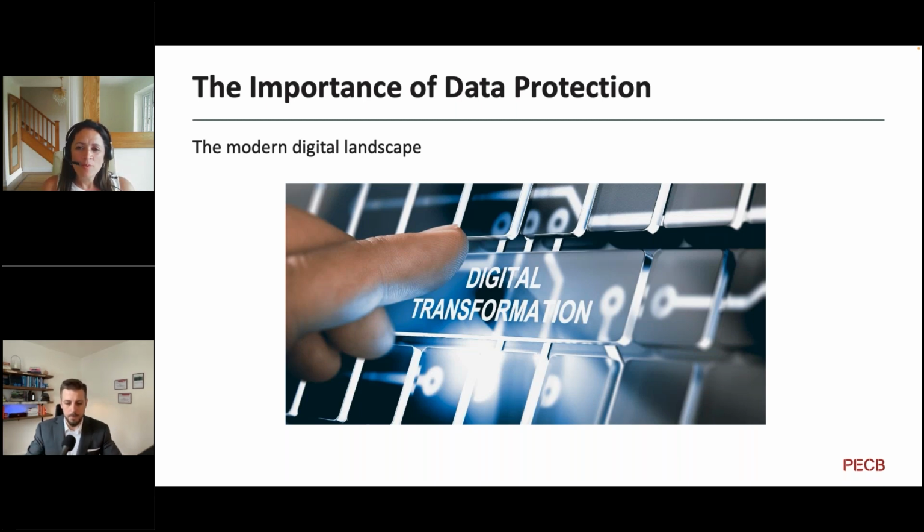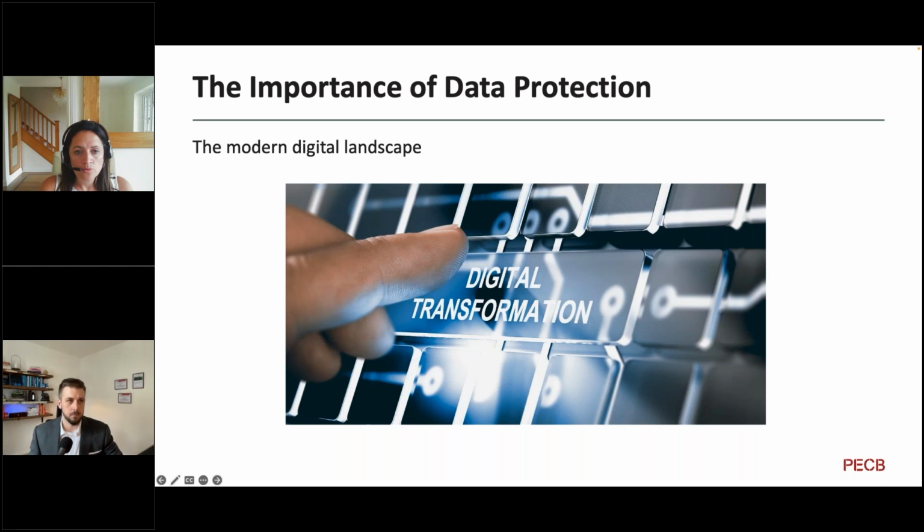So before we begin to talk about actual data protection and its importance, it's really a good place to start to think about the modern digital landscape. While digital transformation is a bit of a buzzword, the actual transformation happens within organisations as a result of digital, and obviously data is quite a key part of that. So it's happening everywhere, and it impacts our personal lives and our professional lives as human beings. With the rapid pace of how digital is moving globally, there's been a surge in data collection across all industries and all corners of the world.